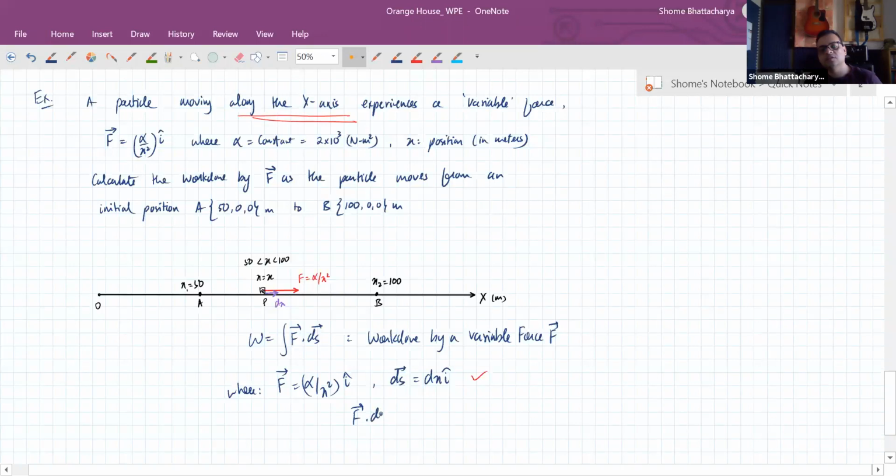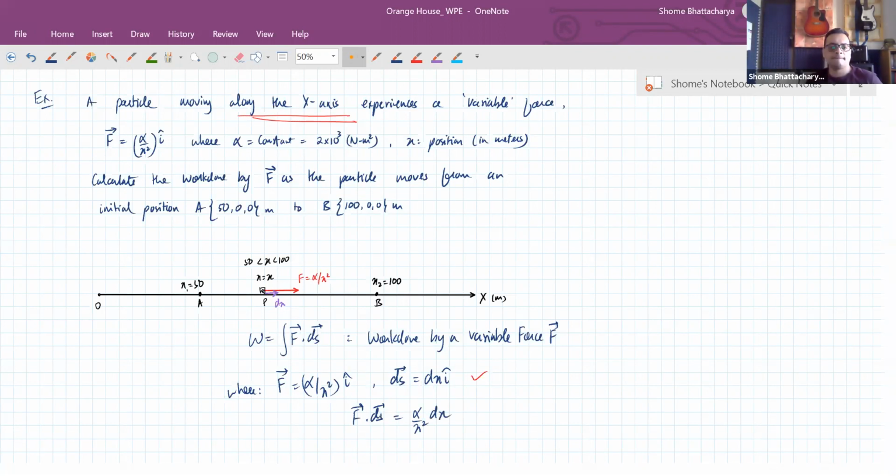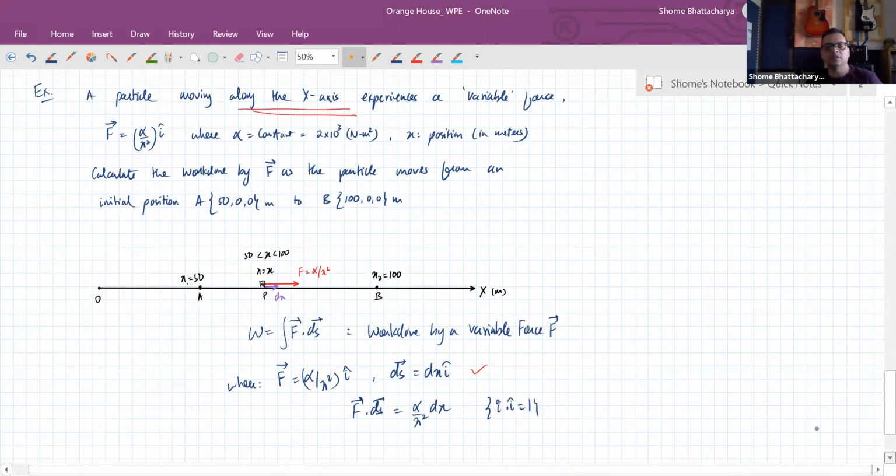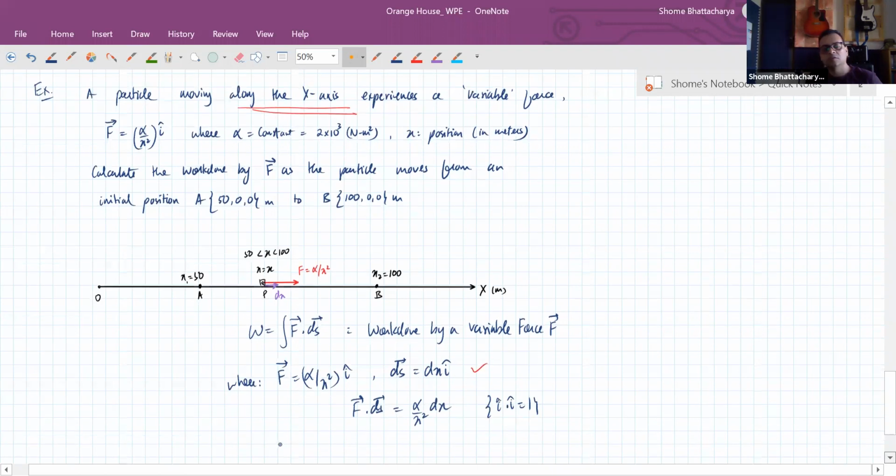F dot ds should be just replaced with alpha by x square dx, because I cap dot I cap is 1, because you know this thing, I cap dot I cap is unity. Okay, so from there you can see that we will define the work done from initial to final position as